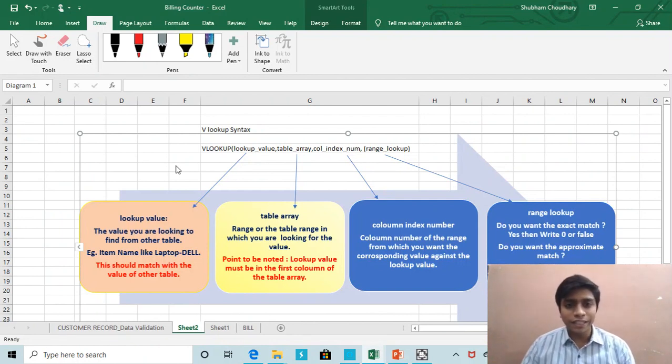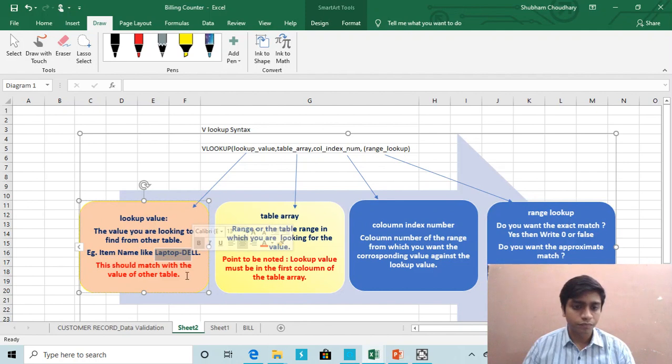If we look at the syntax of VLOOKUP, we find VLOOKUP, lookup value, comma, table array, comma, column index number, comma, range lookup. What is lookup value? It is the value that we are looking for from the other table, for example an item name like laptop Dell. The point to be remembered is that this value should match the value in the other table.